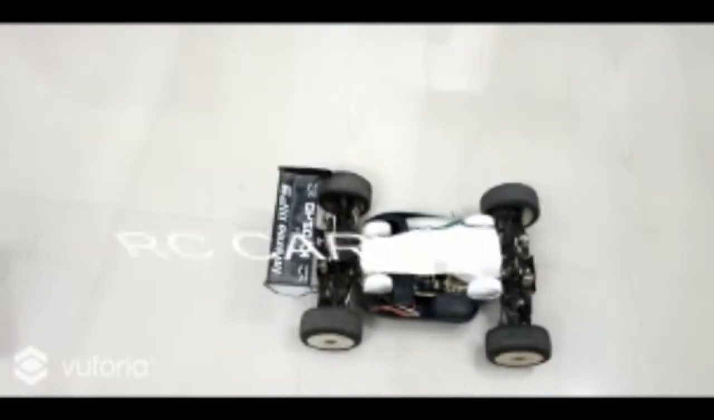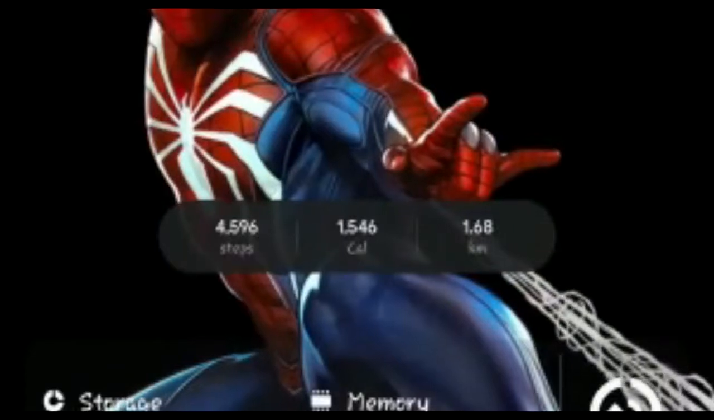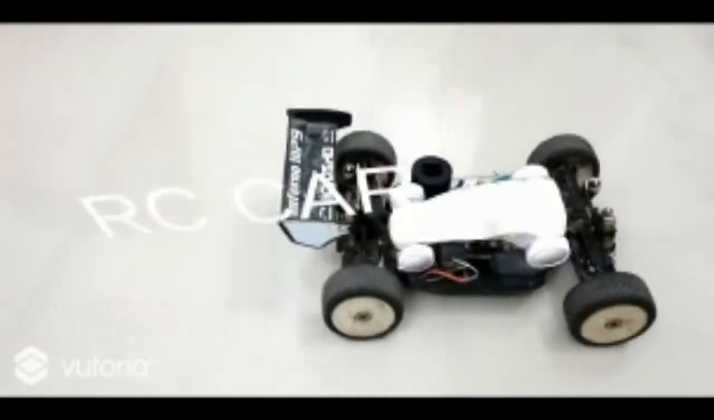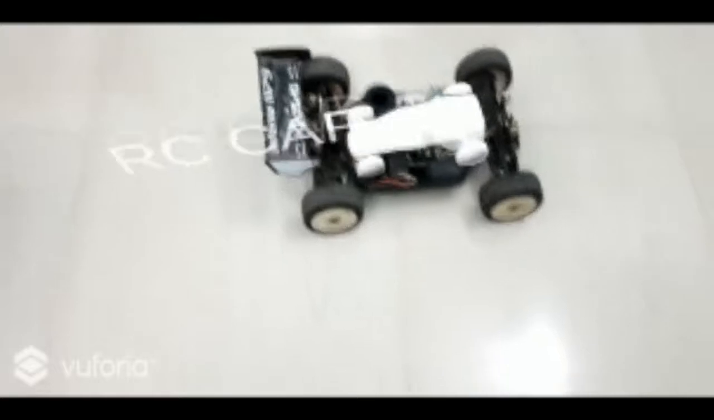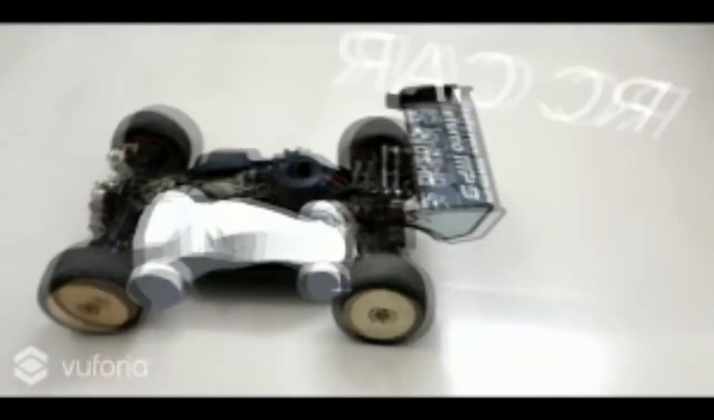Vuforia is an augmented reality software development kit, shortly known as SDK, for mobile devices that enables the creation of augmented reality applications. It uses computer vision technology to recognize and track planar images and 3D objects in real time. Then we use OpenCV, which is known as Open Source Computer Vision, a library of programming functions mainly aimed at real-time computer vision. Originally developed by Intel, it was